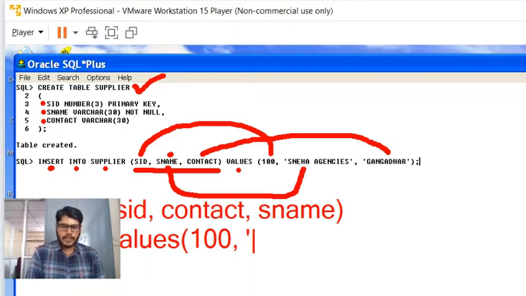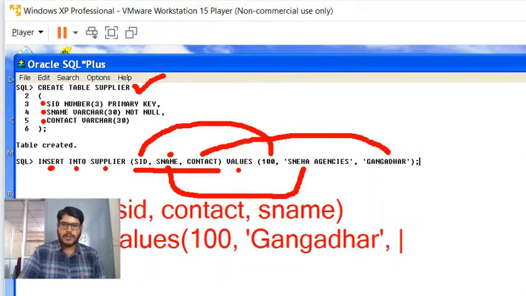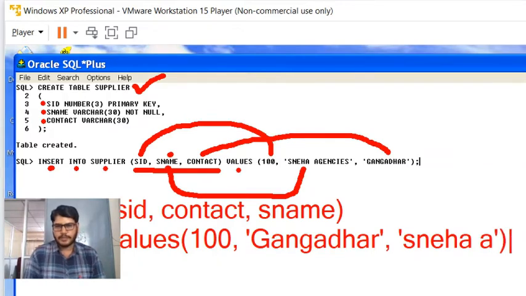So here I need to specify contact as Gangadhar. After this put a comma. So now we need to specify the supplier name. So in front of this I can specify the supplier name like Sneha Agencies and close the parenthesis. So in this manner we should pass the values.